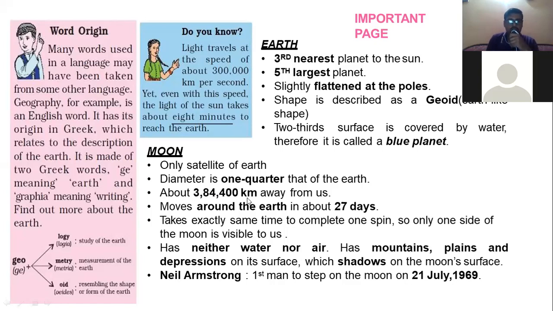The first man who landed on the moon, Neil Armstrong, and one of his fellows calculated the astrodynamics of the moon, and from that point of origin, when they landed on the moon, they calculated that particular distance, which is approximately 400 kilometers away from us. It moves around the Earth in about 27 days. It completes its whole rotation over there.